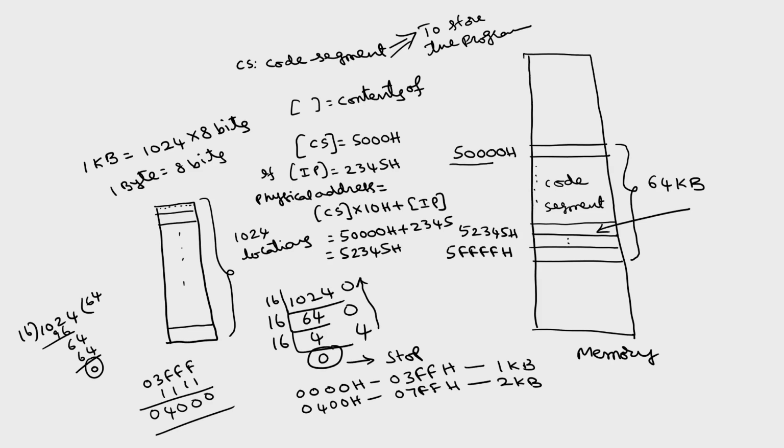In case of 8085, only 64 kilobytes of memory is there. Within that 64 kilobytes, we store the program as well as the data. Whereas in case of 8086 we can have separate segments. To store the program, we have the code segment. To store the data, we have the data segment as well as the extra segment. So this is about the first register, the code segment register, which holds the starting 16-bit address of the particular code segment. The code segment size can go up to 64 kilobytes of memory. And the second segment register is the data segment.